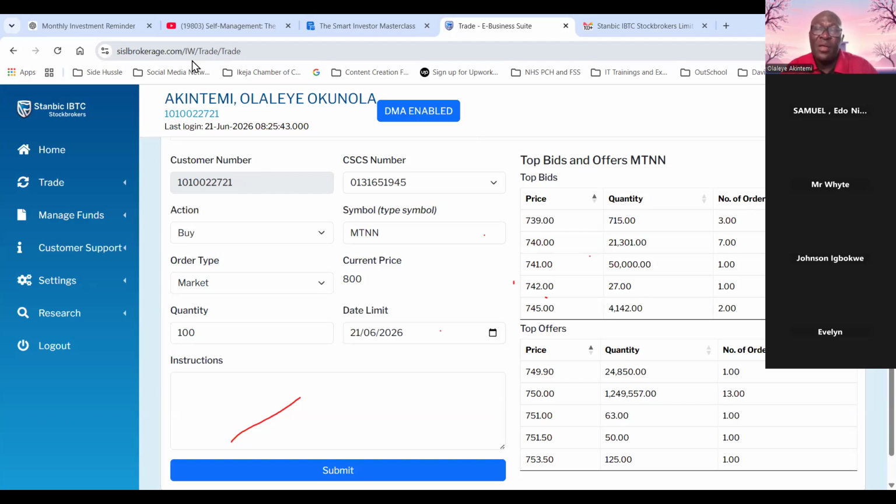Because even at that time, a lot of people will still be offering it below the market price. So even when it is 1,200 Naira, some people will still offer to sell it at 1,150 Naira. Some people might even offer to sell it at 1,100 Naira. So if you buy it at 750 Naira now, and in 5 years' time, you sell it at 1,100, even though the market price is 1,200 at that time, you still make